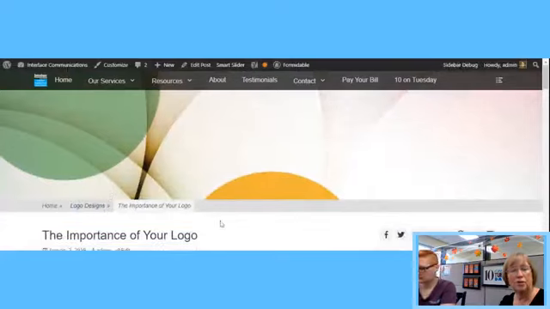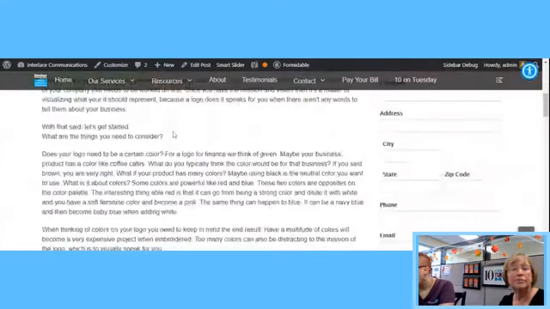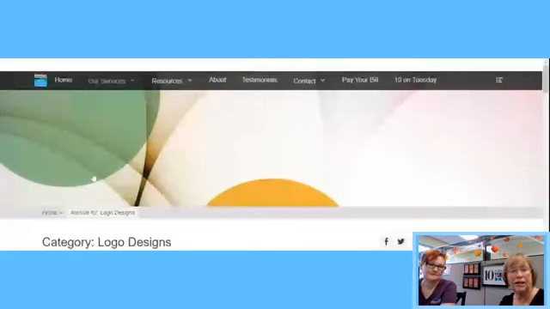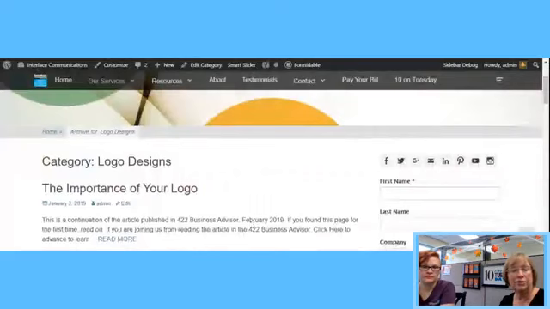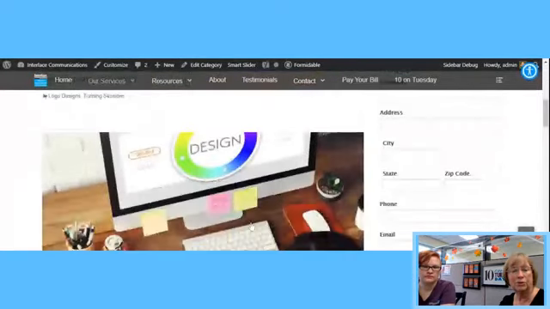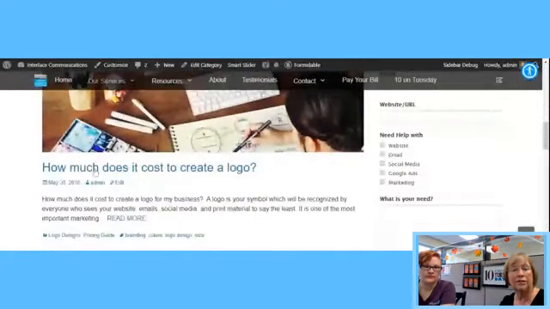If I click on logo designs, you'll notice it makes it easy to maneuver in the area you were at. So if I go to another post, which is what these are, how much does it cost? I go to that,